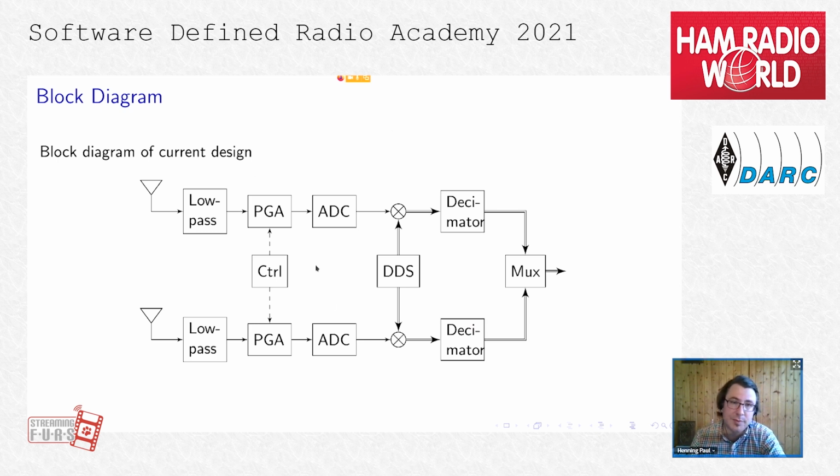Now this is a block diagram of how the system looks. We have, like I mentioned, this programmable gain amplifier on the PCB, which can be controlled from the processor. This dual channel ADC. I have also integrated a mixer using direct digital synthesis. It means I can set the mixer frequencies in integer multiples of fs/8. So if you're running at 40 megasamples per second, I can set the mixer to 5, 10, 15, 20 megahertz. And then there's a decimator by a factor of 8, exactly the same decimator as in the Pluto SDR, which will decimate your signals down and feed them over Ethernet into your PC.